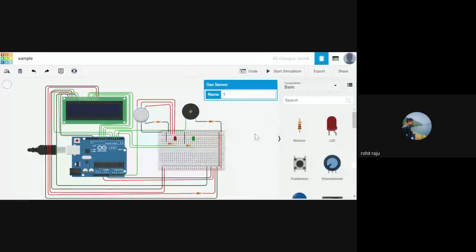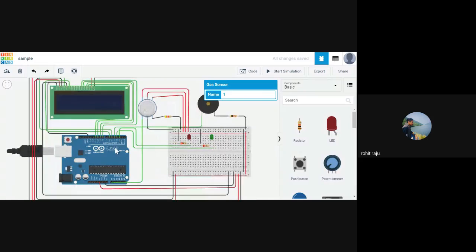This is the system I have been talking about. Look at all the connections I have made. I will build this circuit from the start, don't worry. We have the pins: ground, power, contrast, which can be connected to a potentiometer, register select, read, write, enable, and so on. We ignored pins 0 to 3; if you connect them, that won't be a problem. Pins 4, 5, 6, 7 are connected to digital ports 8, 9, 10, and 11.